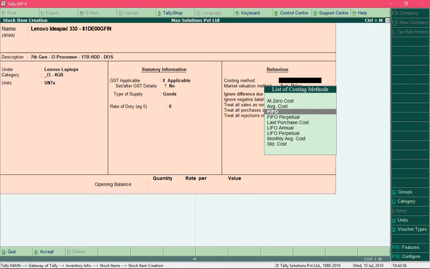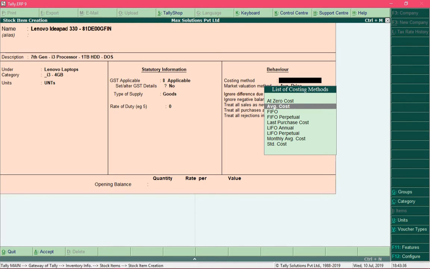And if we specify the costing method as average cost method, then Tally would consider the average of the purchase price of the product as the cost price. For this example, if we have 2 laptops, one costing 100 rupees and another costing 110 rupees, then its average cost would be 105 rupees. So at the time of calculating profits, Tally would consider the average cost of the product. So when I sell the product for 120 rupees, my profit would be 15 rupees if we go by the method average cost.